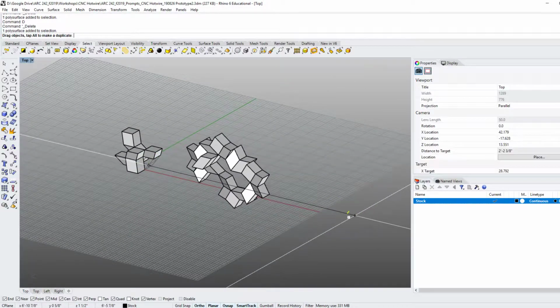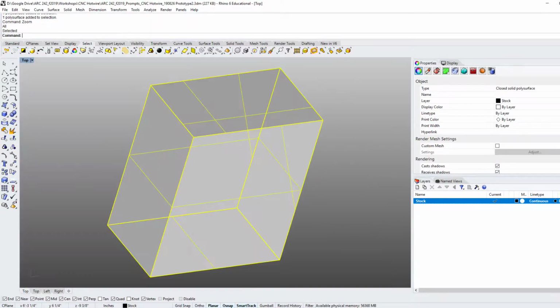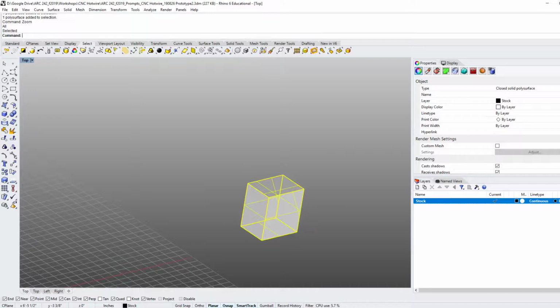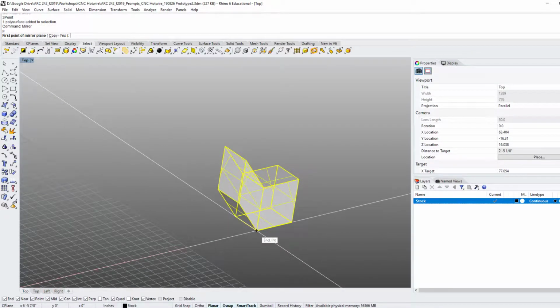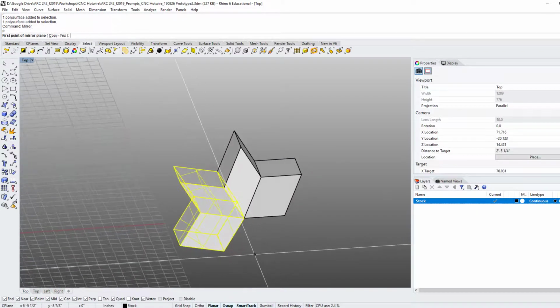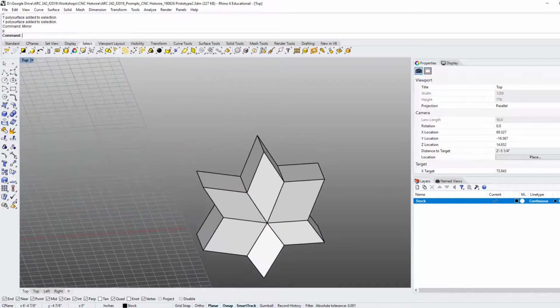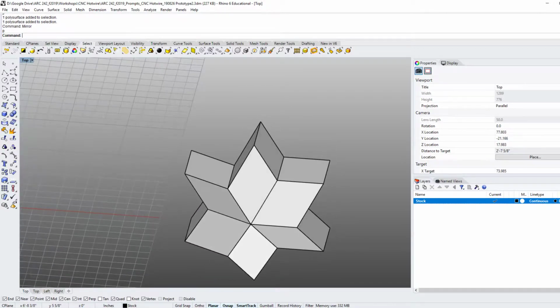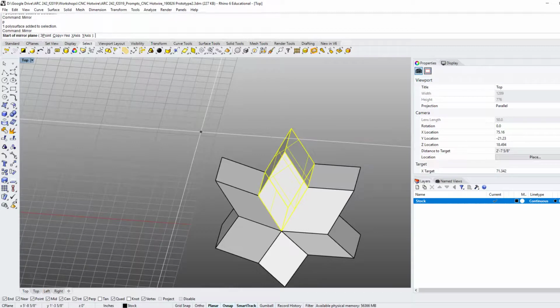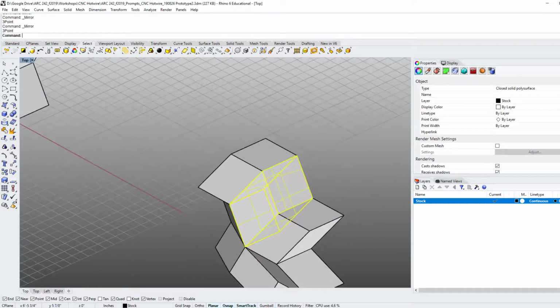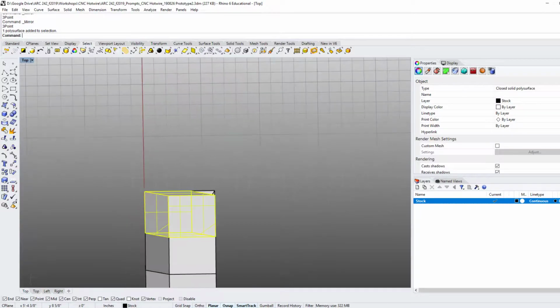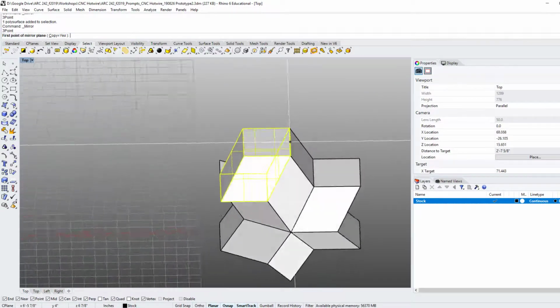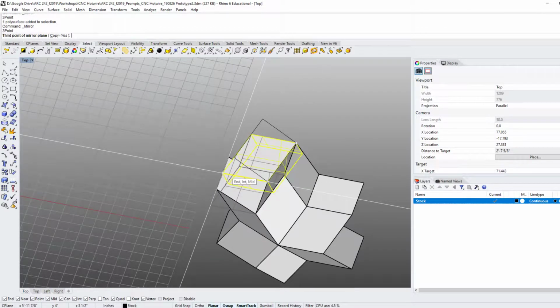But the third method, which basically starts in the same way, will allow you to form complex rotations. So if I again use the mirror command, choose the option 3-point, okay, I can make the same kind of flower, but then I could also start to mirror it in other directions. So for example, if I made a form there, then I could start to make a petal that goes in another orientation. So if I go something like that,